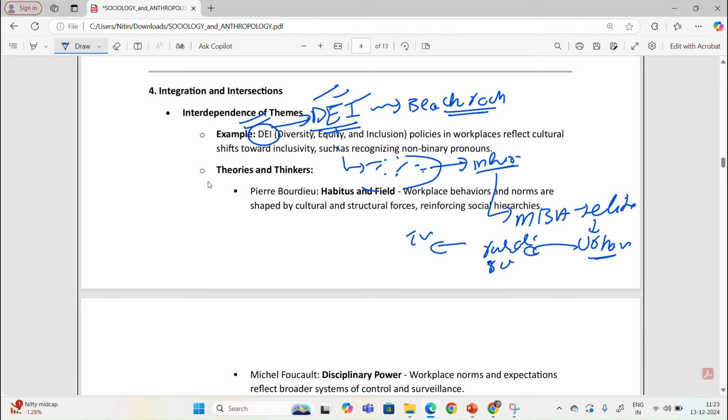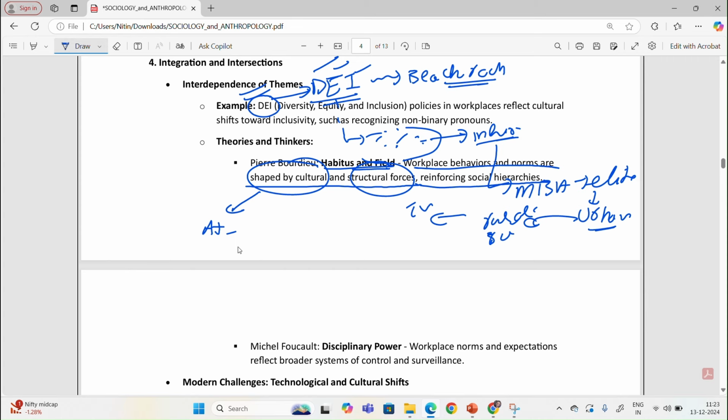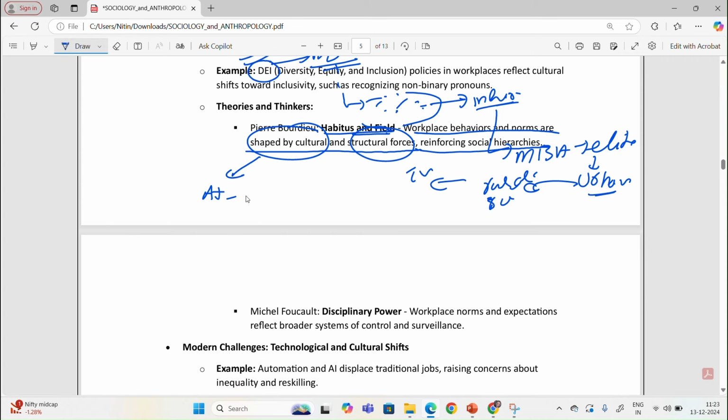For example, and you can read certain theories, Habitus and Field. They give a theory that workplace behavior and norms are shaped by cultural and structural forces, reinforcing social hierarchies. There are certain cultural forces and structural forces which are at play in the workforce. A very good example of this can be when initially in Indian bureaucracy, people felt that although there is reservation,